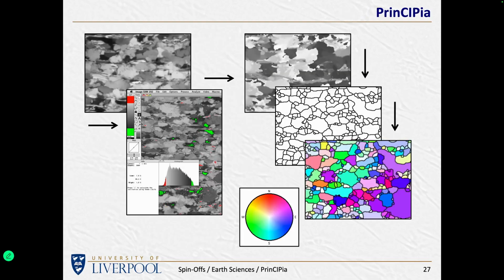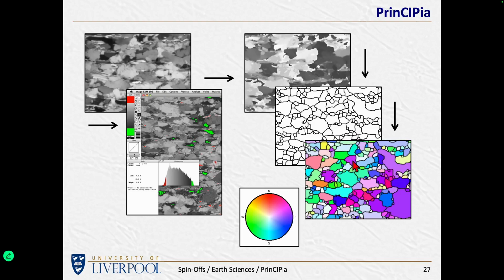So again, I'm not going to go into all the detail, but if images are obtained like this, black and white images of different intensities that come through rock samples when passed through polarizing filters, it is possible then to analyze a whole stack of these images and extract information about the orientation of the crystals, because the orientation of the crystals relative to the polarizing filters changes the relative intensity of the light that's coming through. It's then possible to process those images to highlight where the grain boundaries are, and then